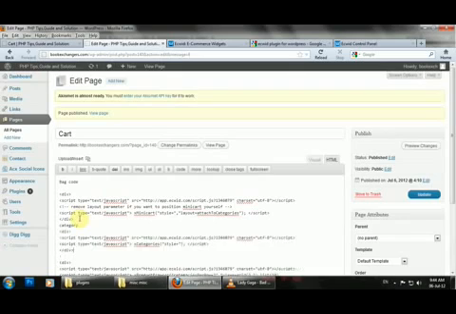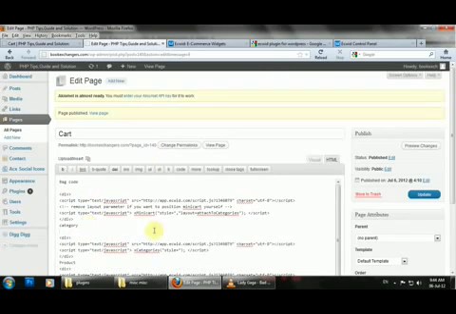Now paste the category code and then the product code. For your understanding I am writing here bag code, category code, and the slide. You don't write it in your page.